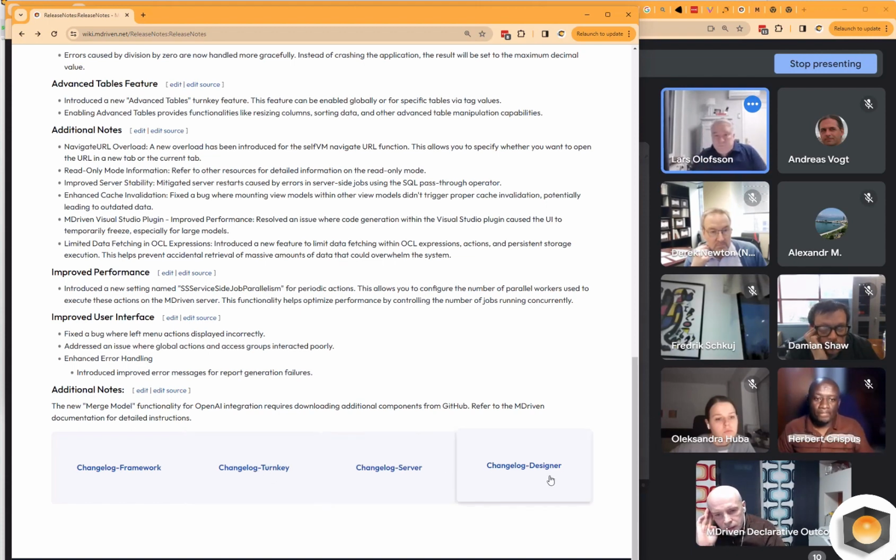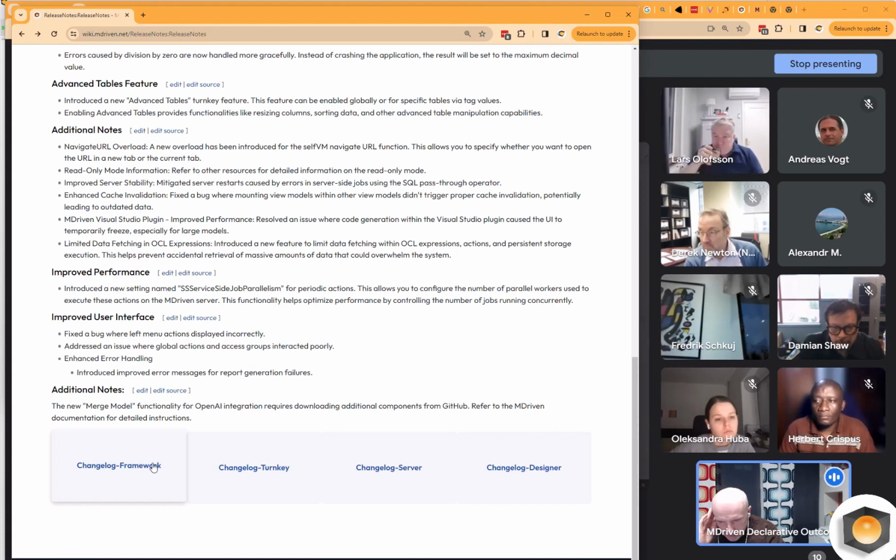And just for new listeners, there are basically these 4 products that we constantly refine, and they are all connected. The MDriven framework is a Visual Studio plugin that makes your development efforts model driven, and whatever that entails.